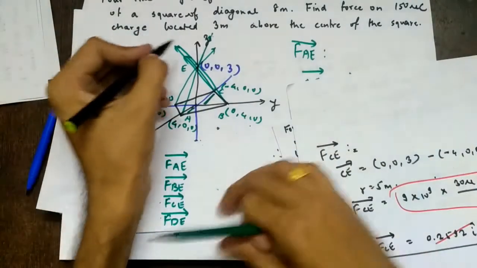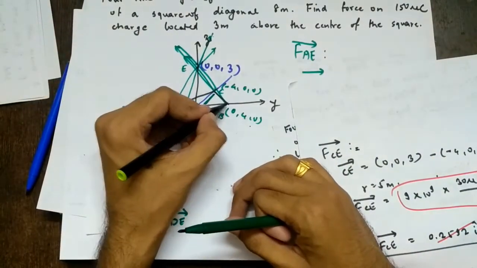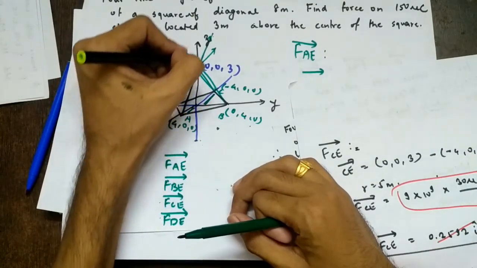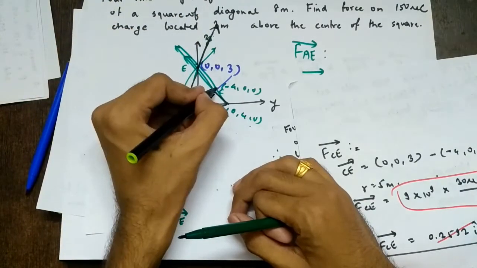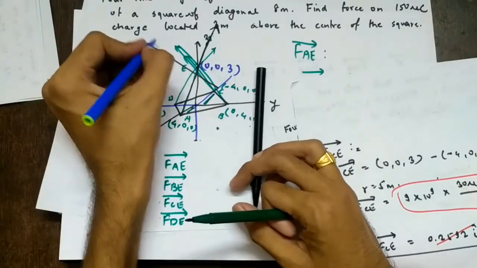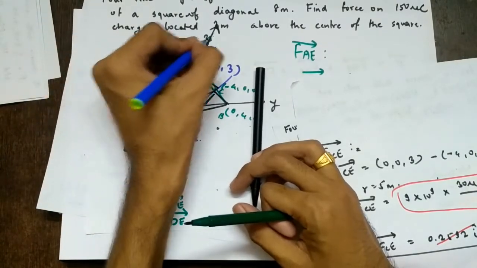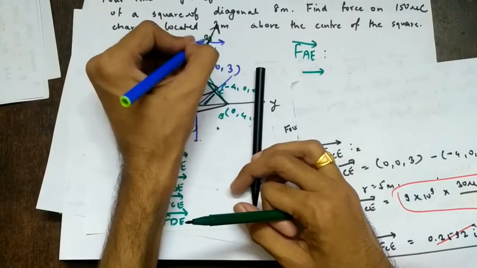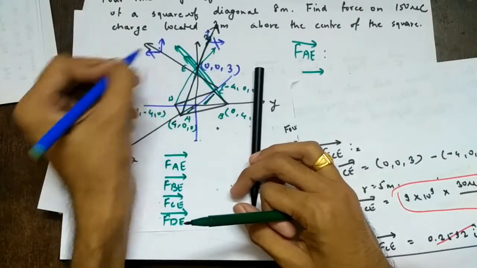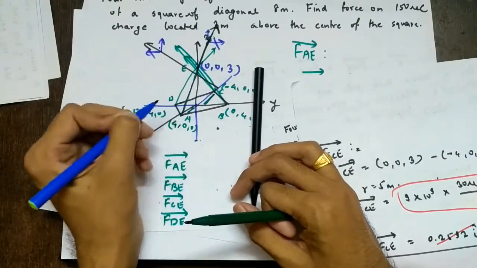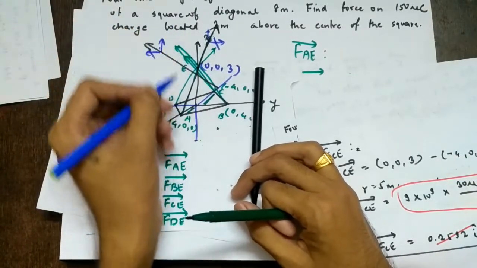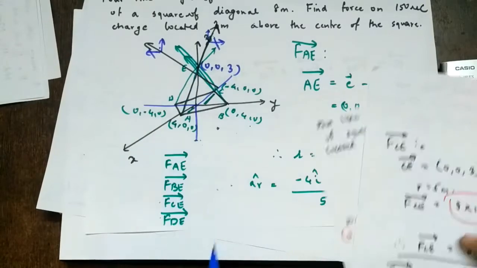Why is that so? Because if you see here, let's see for AE and CE. A is going like this, C is going like this, right? So if you resolve this, it is like this, this is like this. So both are upwards and these are opposite in nature, so this will cancel. Similarly for C and A, two terms will cancel and upward terms will remain. So 4 times what value you have got. So your final answer will be what?